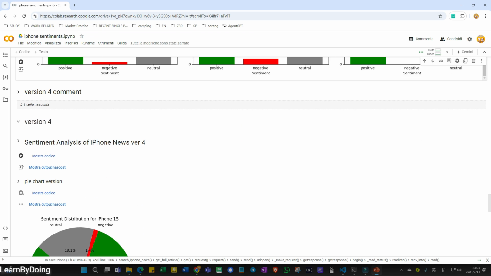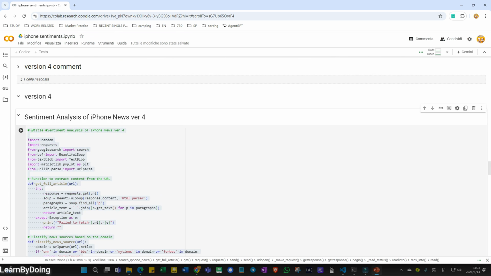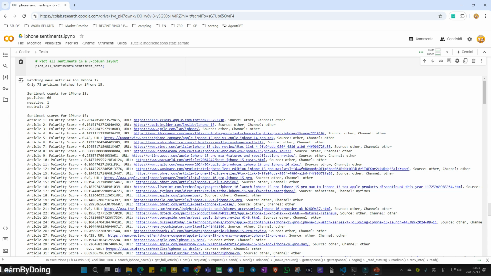Okay, so here we have the fourth version. Let's see the code. In this version, I also added some of the requirements. Basically, I want to see the original website, so I want to double check. I can see the URL. Okay, I get the URL, and the information